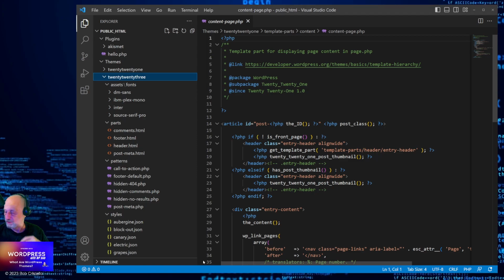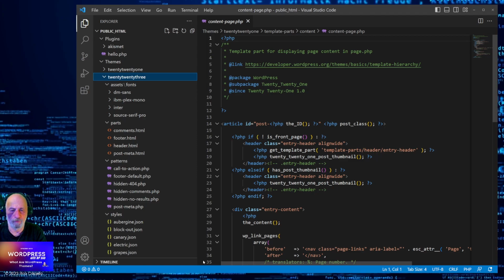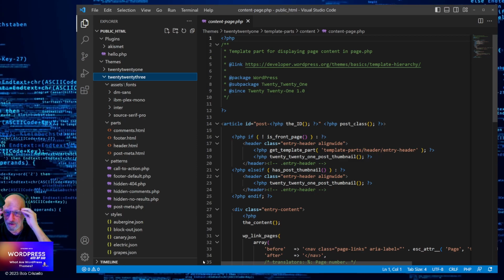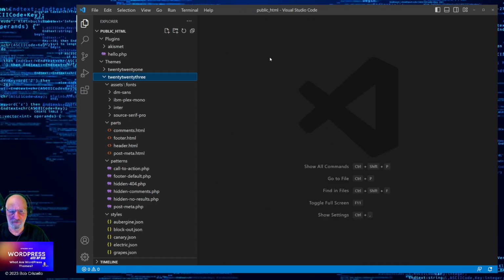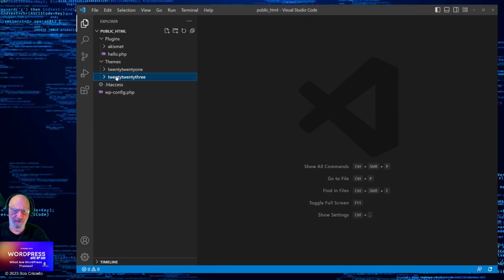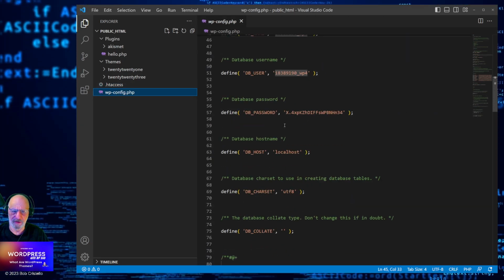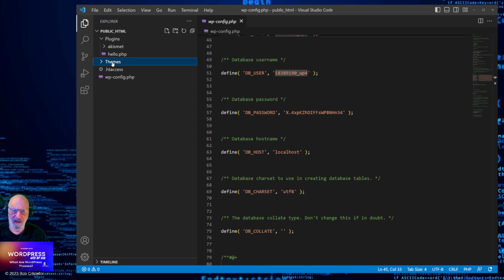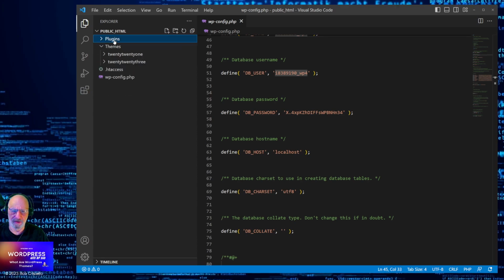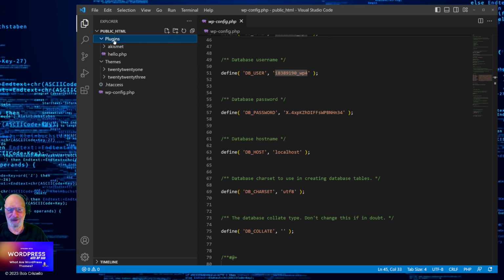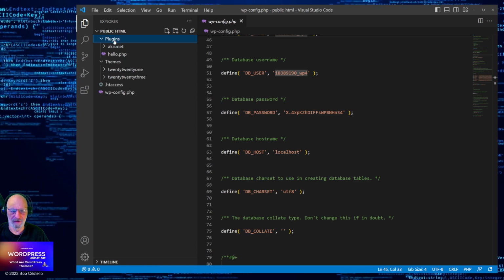And I do want to just go through this with you, so you can see what you're looking at here. Let's make sure we turn this off. So I have a few files here, like htaccess, wp-config, which we'll be going through at some point in time. But you can see I have a themes directory and a plugins directory. Next episode of WP Bob will be about plugins.